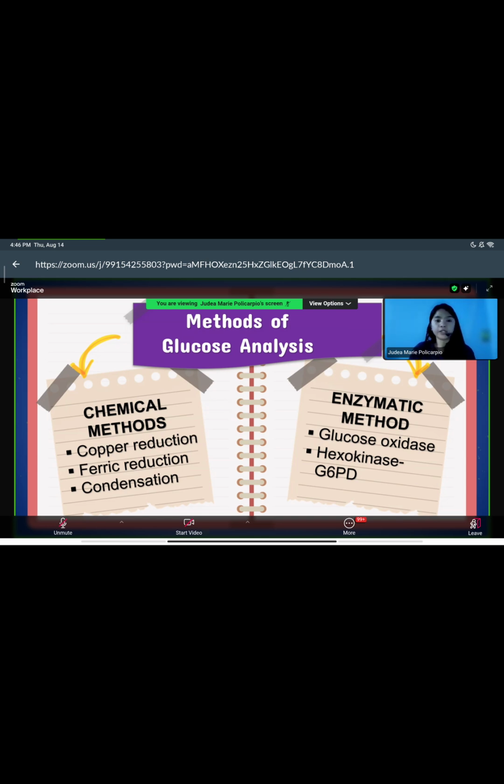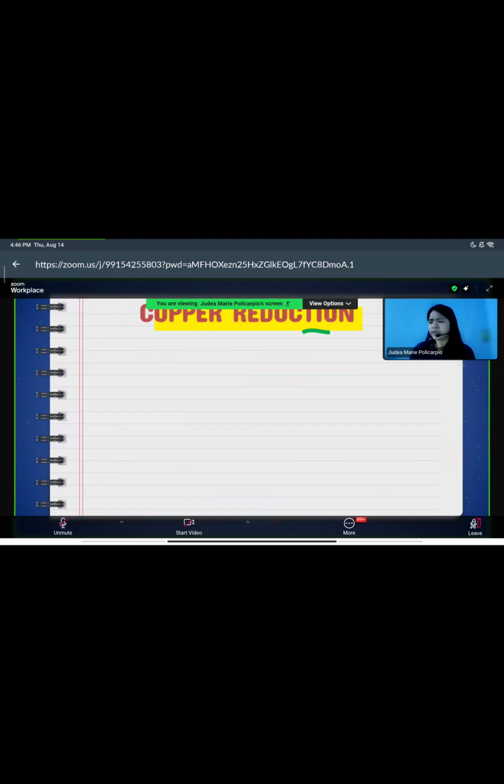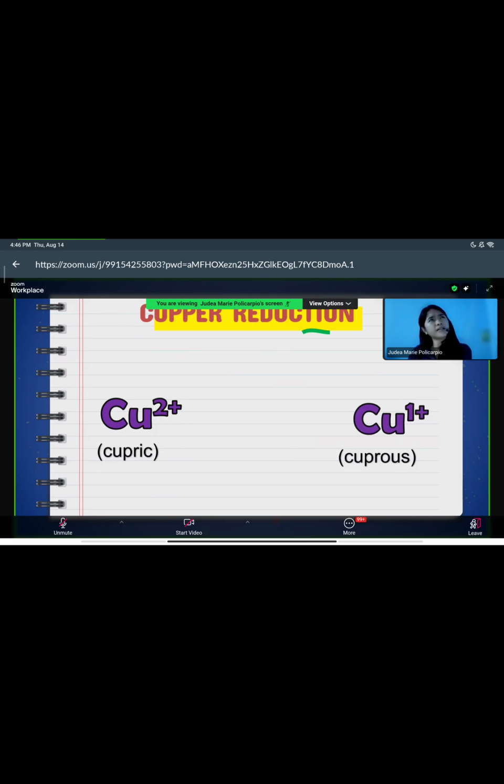Start tayo with the copper reduction. Copper reduction. Ganito yan. Di ba may dalawang klaseng copper tayo? Meron tayong tinatawag na copper 2 plus, which is the cupric, at meron tayong copper 1 plus, which is the cuprous. Okay? Di ba nabanggit natin na most of your carbohydrates are reducing sugars, especially glucose. Glucose is one of the examples of your reducing sugar. Okay? Meaning, it is a sugar that is capable of doing